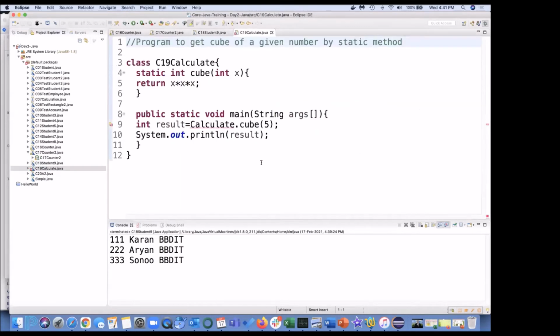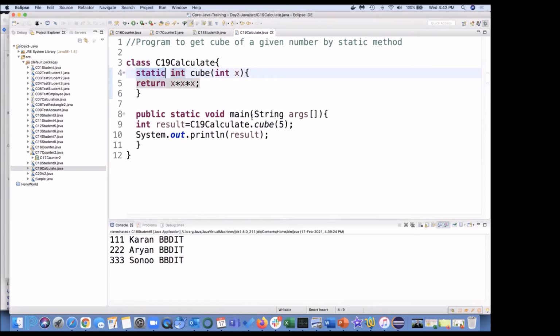Okay, I will be moving to the next program, and this is once again how to use the static keyword. Here also, suppose I'm having a calculate class, and I have not created any object of the calculate class. Directly I'm doing calculate dot cube. This function we are passing one parameter, return type is int, and it is static.